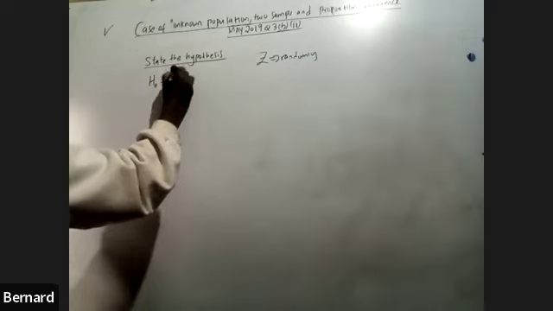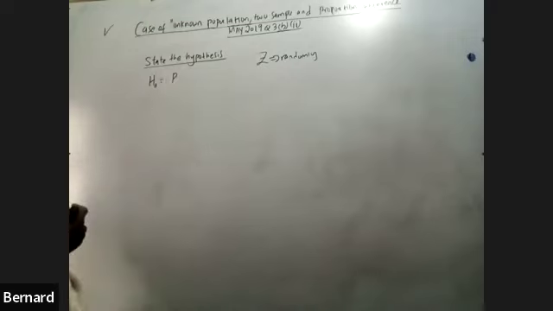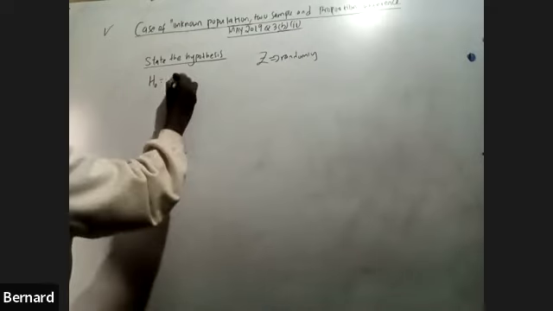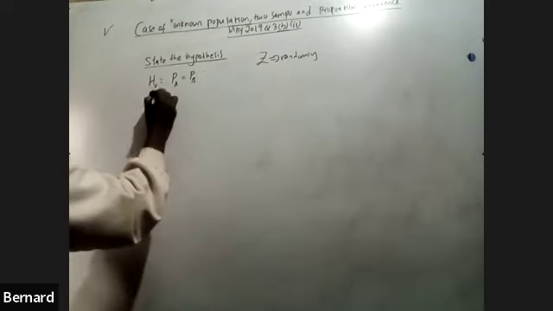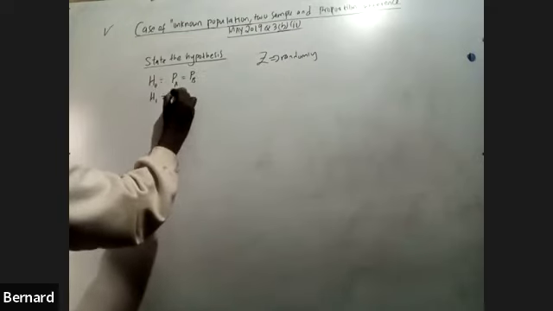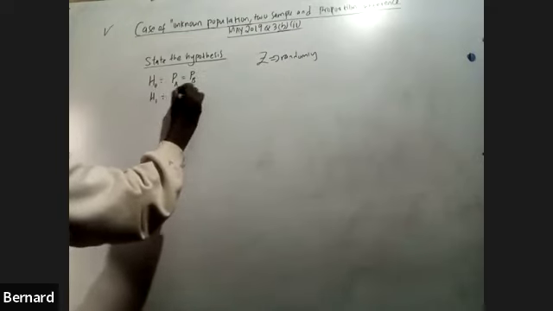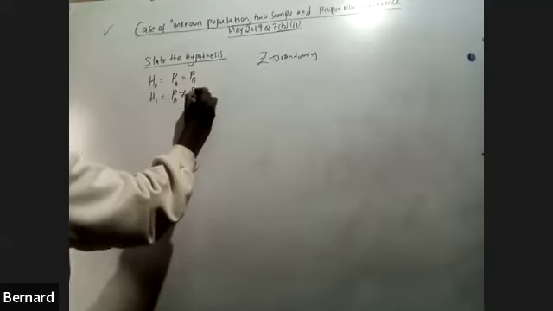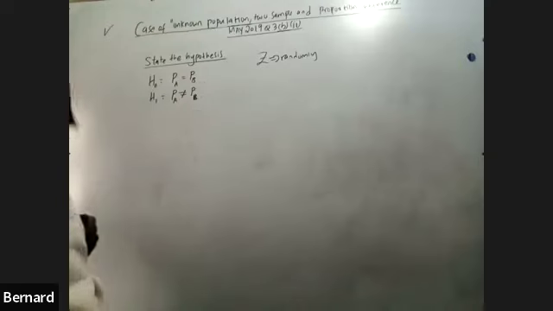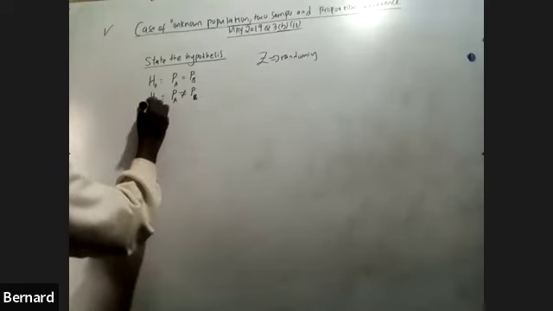So the first proportion equals the second proportion. Then the next one, the first proportion is not equal to the second. And then we state